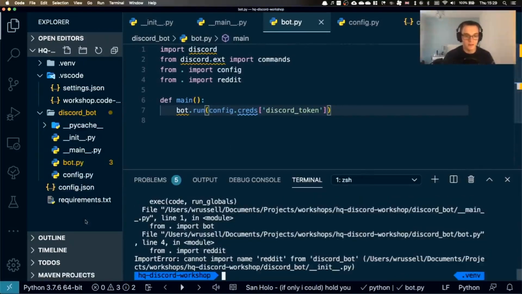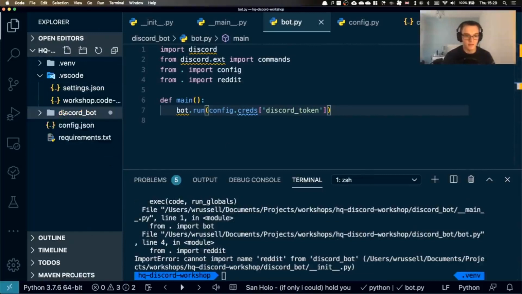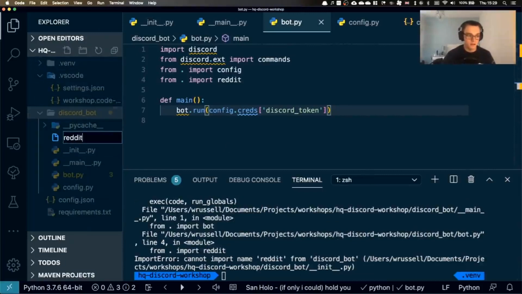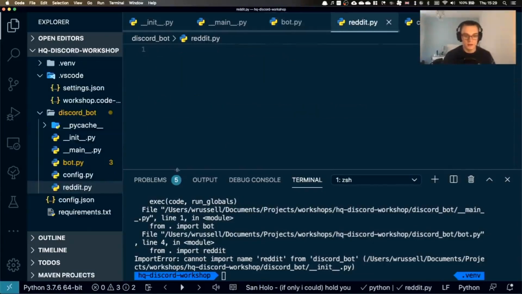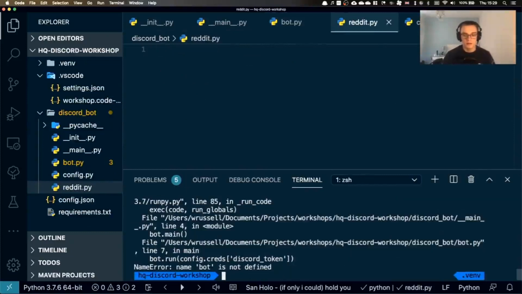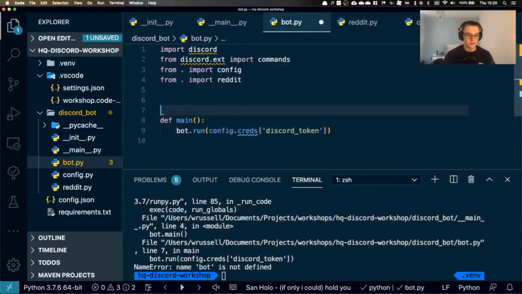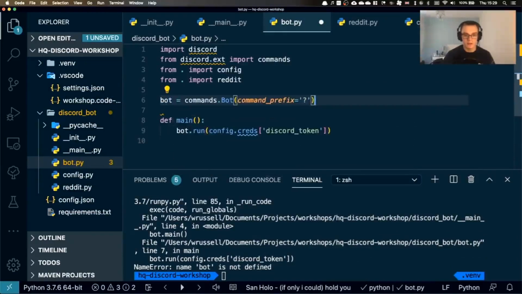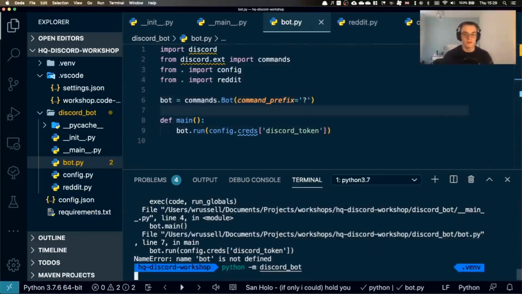Because the file reddit doesn't exist. Let's just quickly make a reddit file. There we go. What is not defined? So now what we've missed here is a crucial bit of information. We need to actually tell it what the bot is. It's basically just an object where we give it a command prefix. It means that if we use that symbol followed by a word, we can then trigger it to do stuff. So if I run it now,